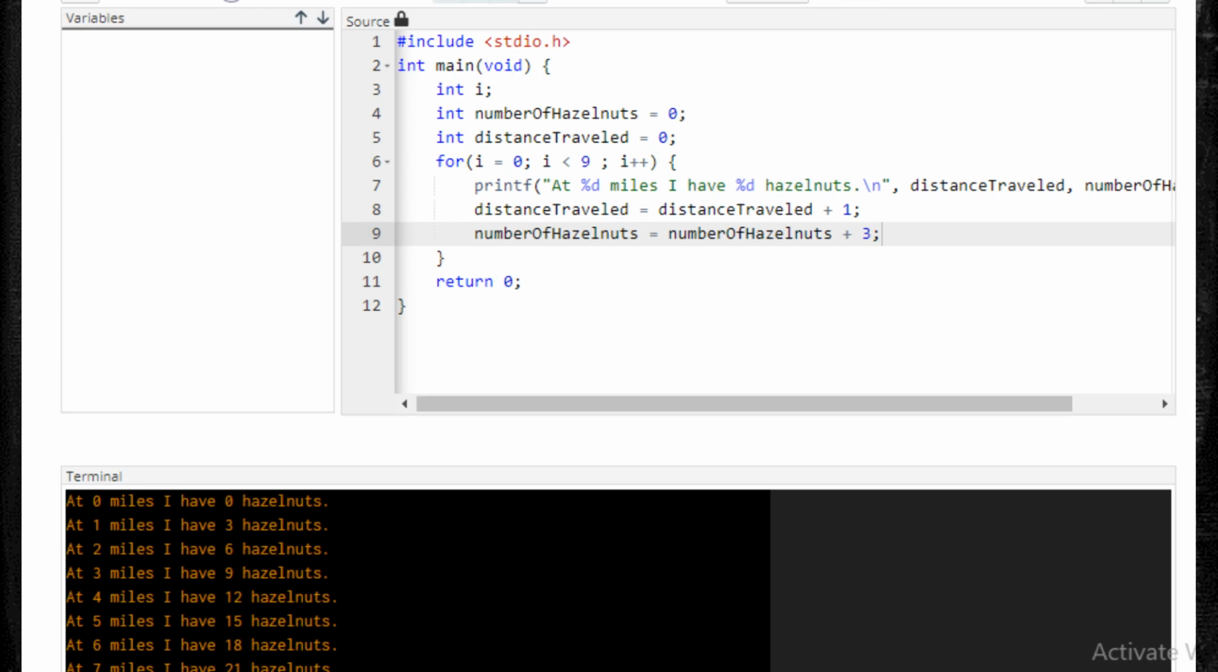And it says at 0 miles, I have 0 hazelnuts and a lot of other stuff. So let's go through this slowly. Remember, initially, the number of hazelnuts is 0 and the distance traveled is 0. That's how I enter my loop. So the first time I get to this printf statement, distance traveled is 0 and number of hazelnuts is 0. And that's why it prints out at 0 miles, I have 0 hazelnuts, the first statement you see in the